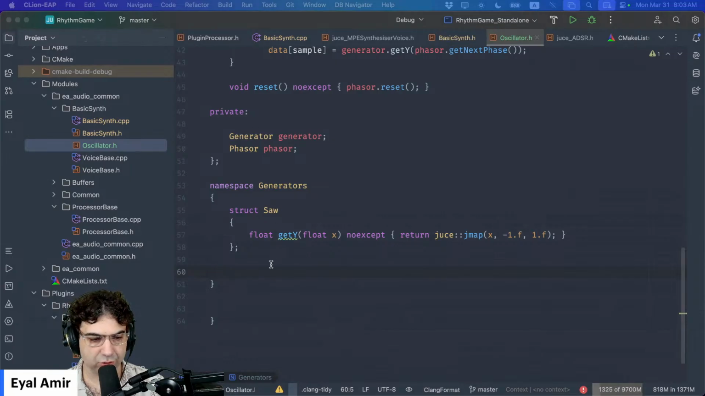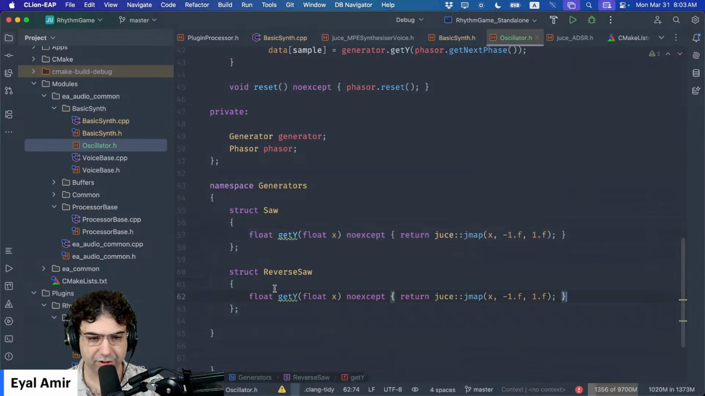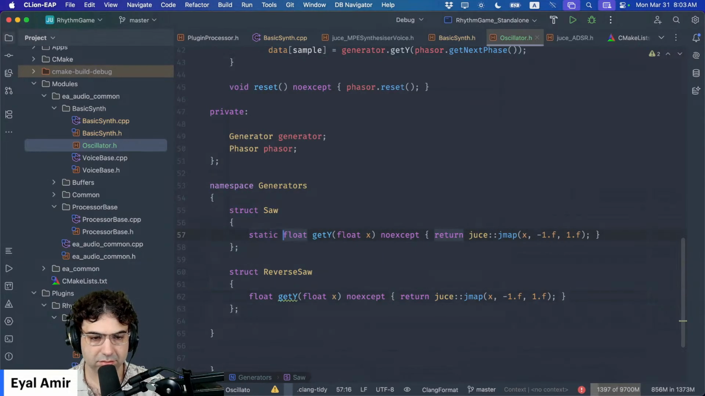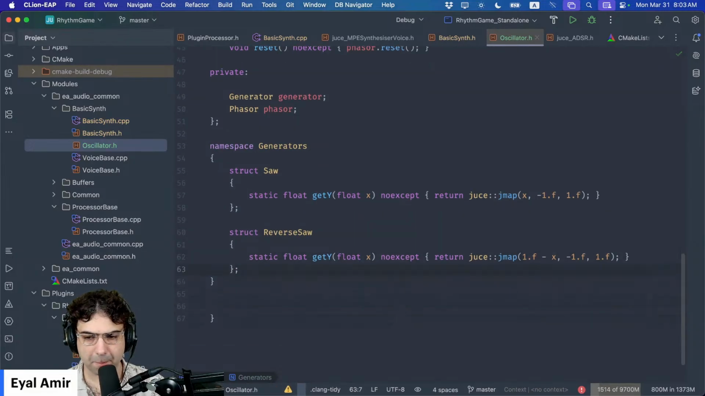Before that, let's do a reverse saw. That's gonna be fun. That's gonna be the simplest one. Struct reverse saw. That would be pretty useful sometimes. So it's the same function. Make it static. I can make it static. And this would just return 1 minus x. So opposite, and then do the translation, the scaling. Let's do